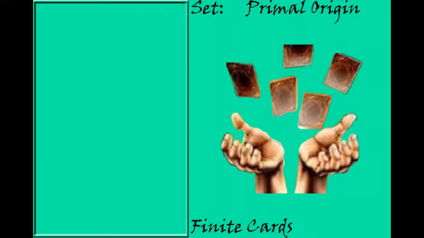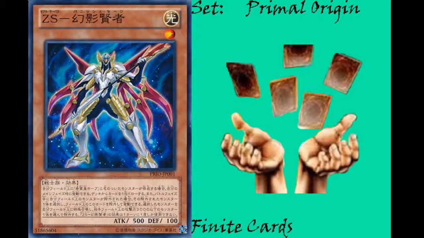Welcome, ladies and gentlemen. Today is our first Primal Origin card discussion video. Today's video will be on the two cards Yuma used, and we'll start off with a Zexal Weapon Banish Sage,